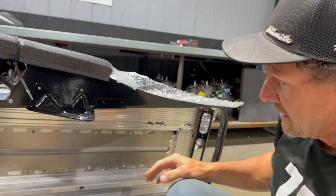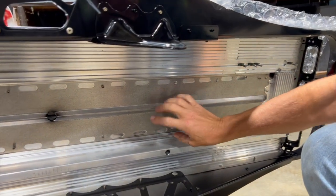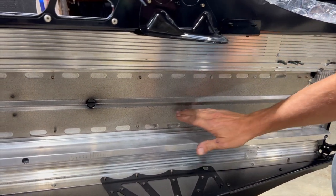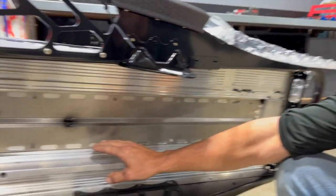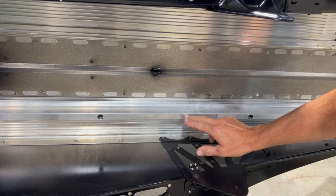But with that being said, we stud a lot right in here. In this area, there is no coolant running through here, so if it does scratch the tunnel, it's not a big deal. But if you do put studs in the outside belts, it is a big deal, because if you have any issue,